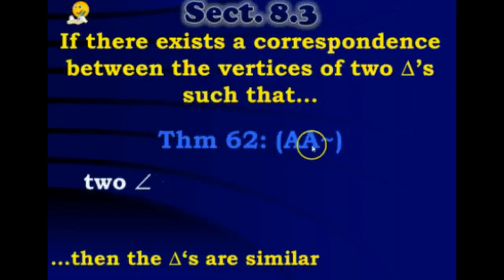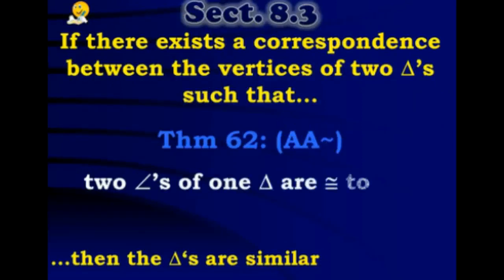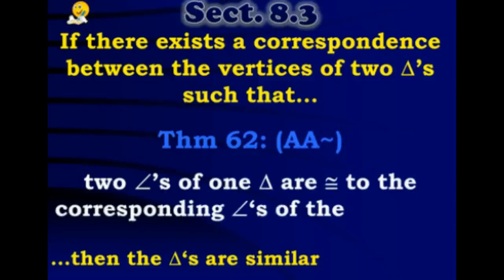It is called the angle, angle similarity. So actually, guys, you do not need to show 3 angles congruent to 3 angles. You only need to show 2 congruent to 2 to prove the triangles are similar. And by the way, I affectionately call this theorem not the angle-angle similarity. I call it the